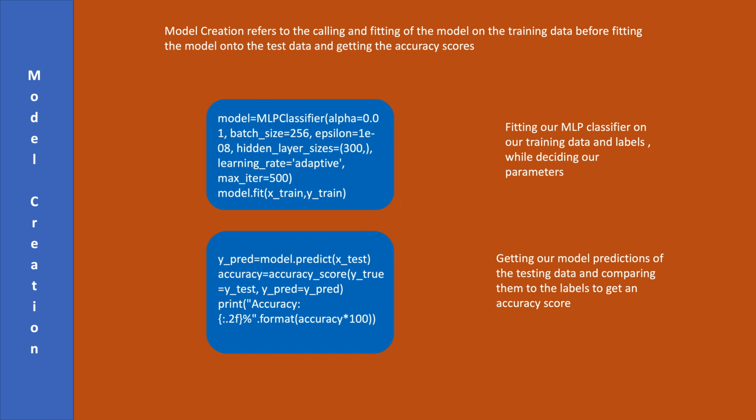Here we are declaring our MLP classifier. Our batch size is 256, so we'll be taking 256 records at one time. And you can see here I've given a command max iter. Simply, it is the maximum number of iterations our model can take to reach the lowest error possible. In our case, it's 500. Then we are fitting our model on our training data. After that, we are getting predictions on the test data, calculating our accuracy and printing it so that we can see. It will be around 75%.